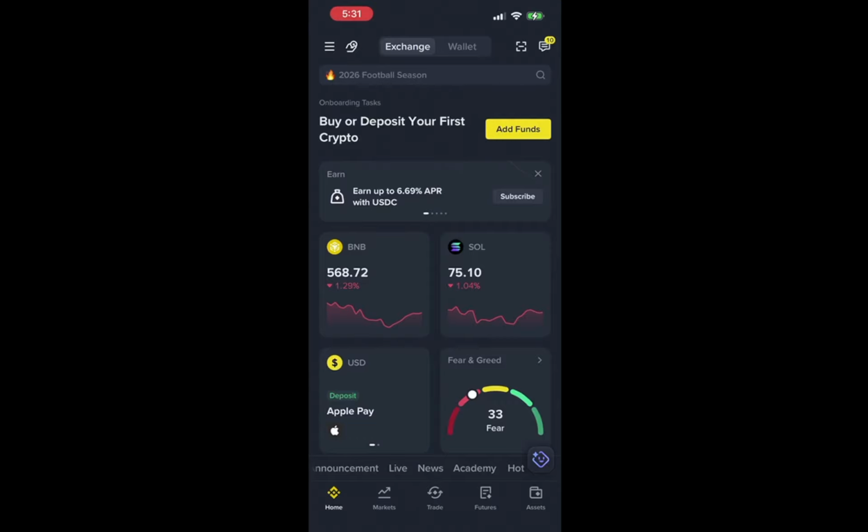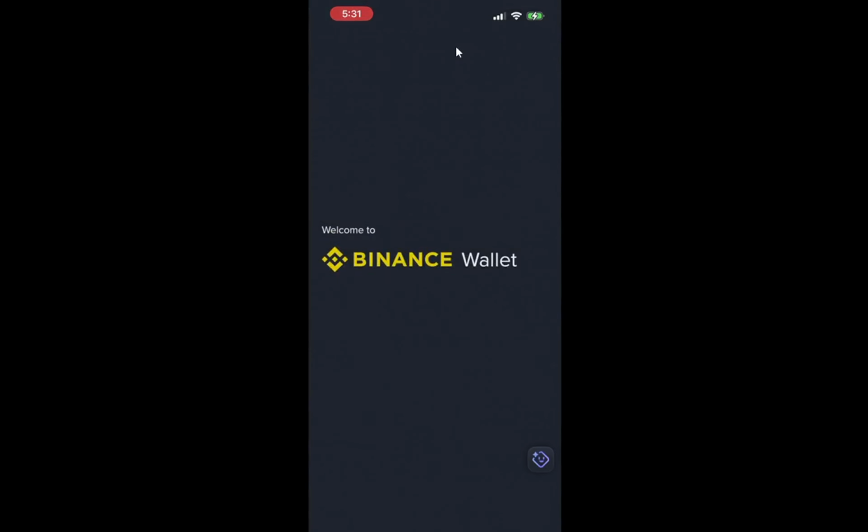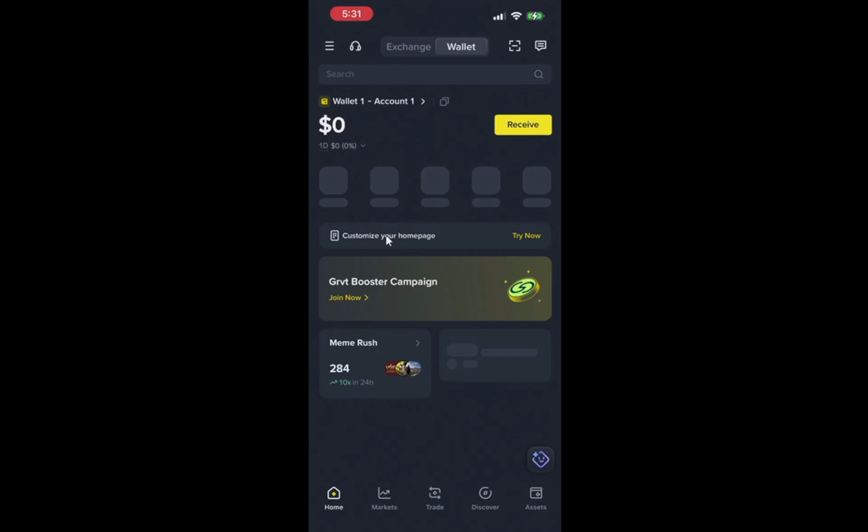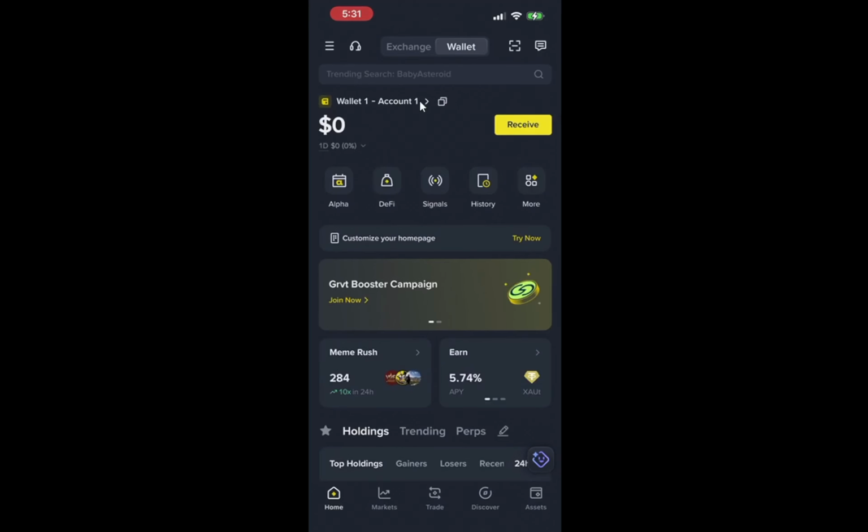Next, tap Wallet at the top of the screen. The wallet section is where you can view your assets and the different wallets available on Binance. Once you are in the wallet area, you'll see various wallets such as Spot, Funding, and Earn. Each of these wallets serves a different purpose, and it's important to know which one you are checking to find